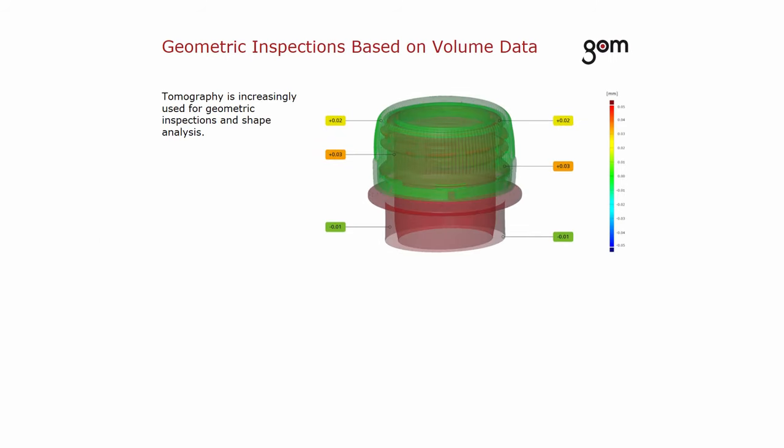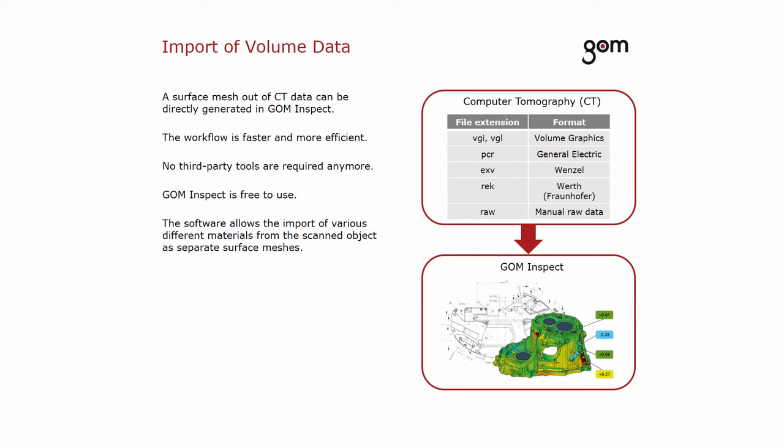Tomography reconstructs a 3D volume without destroying specimens. Tomography is increasingly used for geometric inspections and shape analysis. In order to perform 3D inspections, the volume model of the tomography needs to be transferred into a surface representation, a mesh for example. In the past, to generate a surface mesh out of the volume data in GOM Inspect,